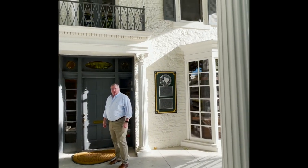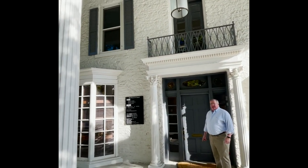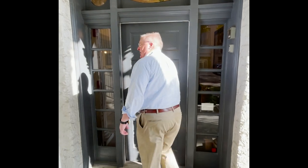We wanted to give you a little tour of our facilities here. You can see how close we are to the Capitol. This house was built shortly after the Civil War and has been in constant use near the Capitol for all these years. It is actually the closest privately owned structure to the Capitol building in Austin. We're about 1,000 yards from the actual back door of the Capitol. So if you'll come on in,